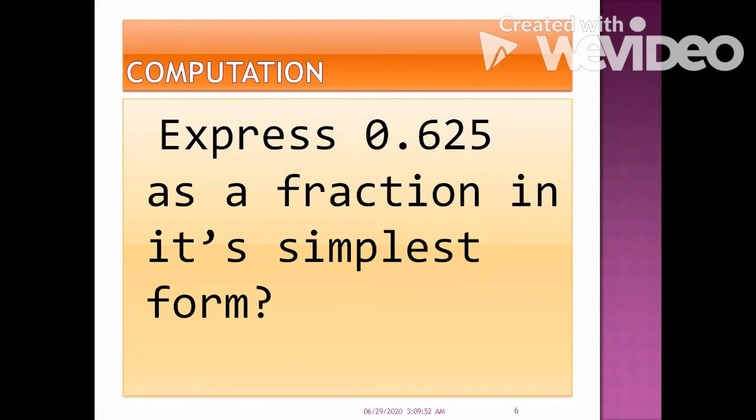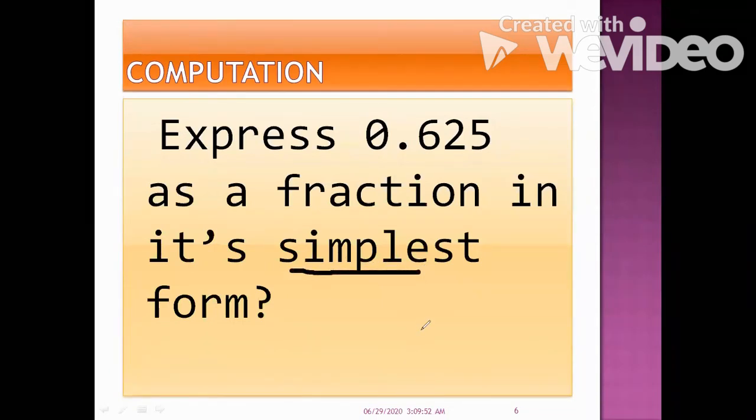So express 0.625 as a fraction in its simplest form. Notice the words simplest form. So what we're going to do is convert this to a fraction. What I normally say is that where the point is, you put a 1, and depending on the number of digits you have right here, you put corresponding zeros at the bottom. So you have 3 digits there, so you have 3 zeros. So that 0.625 transforms to